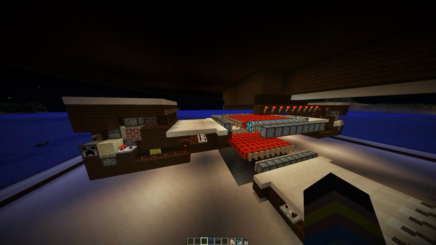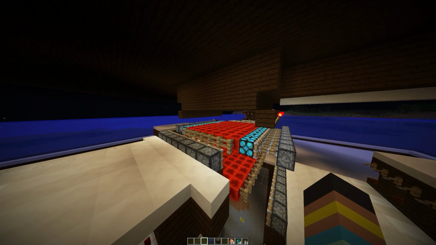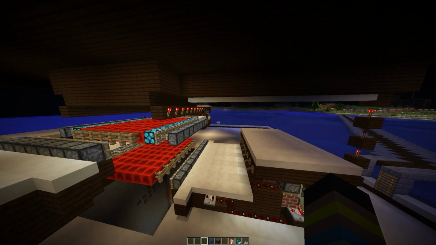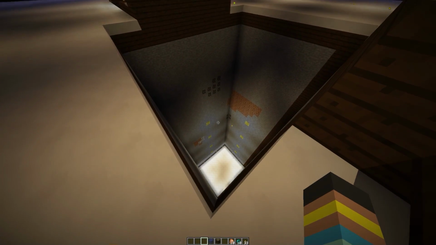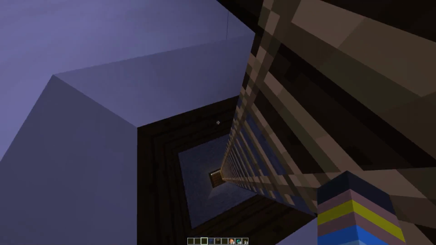I'm fairly certain it does not work anymore, mainly because I can see from here that there is redstone and gunpowder up there. I don't know why. But I'm fairly certain this system does not work anymore. It's been broken for a while, but this was a very highly efficient witch farm. They would fall down here. So let's go ahead and just go down into the witch farm to see what is...